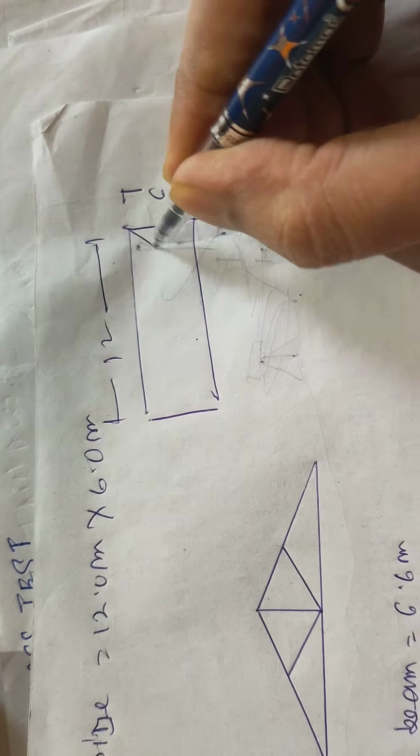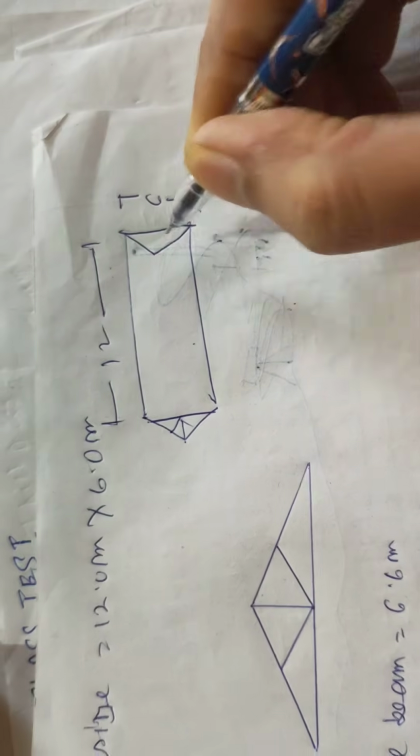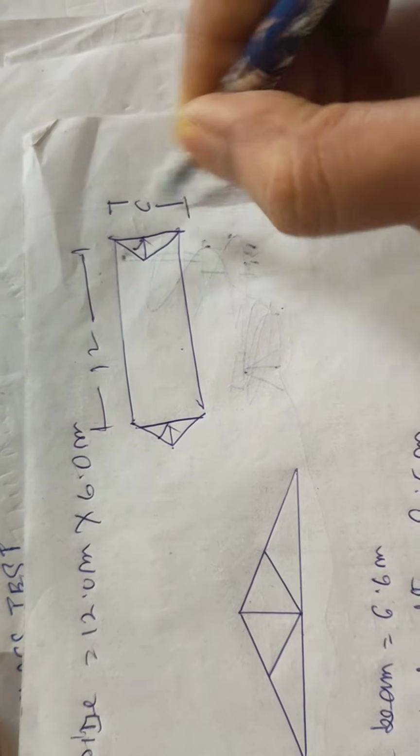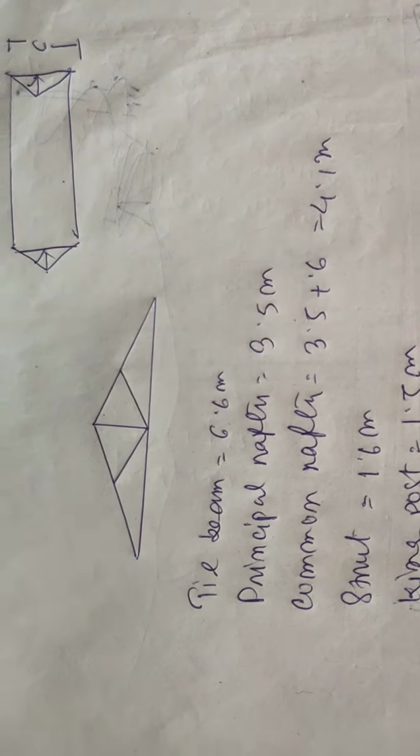The truss is going to be placed like this, isn't it? So the span of the truss will be 6 meter. Okay, so now here I am showing one very shortcut method to calculate the quantities of the members of the